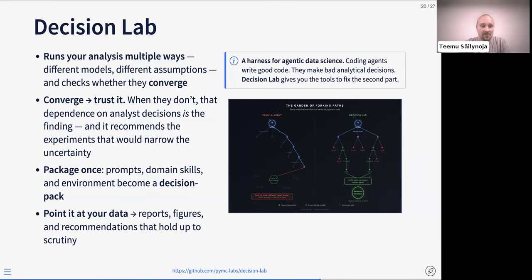The key idea is to run this analysis problem multiple ways, exploring this forking path or garden of possible decisions during the modeling process. Which kind of model are you using? Perhaps there are some key possible options for the causal structure that you're modeling. And to this end, you can determine your modeling question, and you have an orchestrator agent that runs